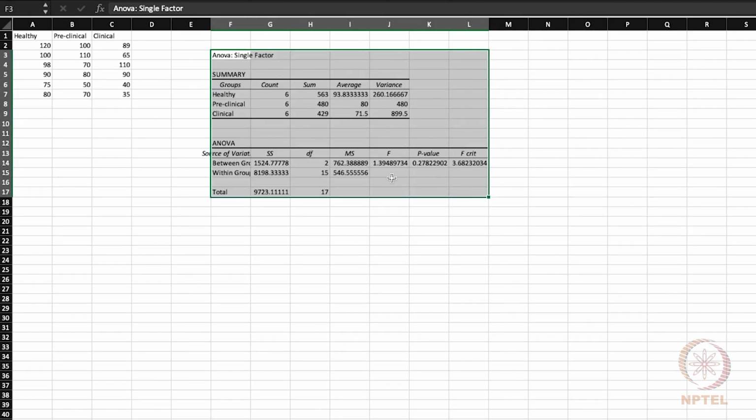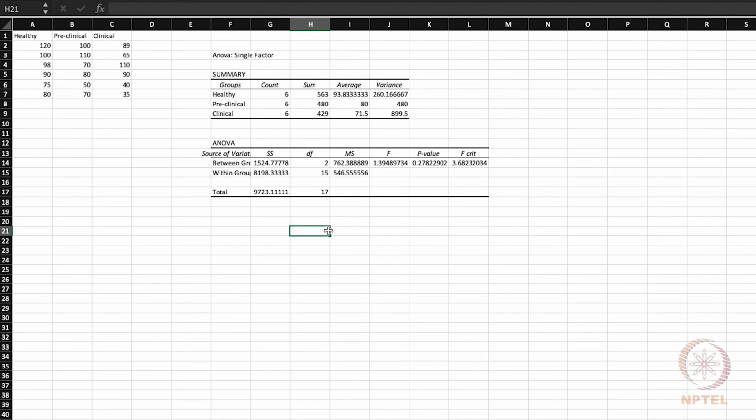As you can see now, Excel has already calculated all the parameters that are required for ANOVA. You can see that it has already labeled the groups as healthy, preclinical and clinical, and correctly the count in each of these data sets is 6, so 6 measurement values in each data set. We also see that the sum within each data set is provided.